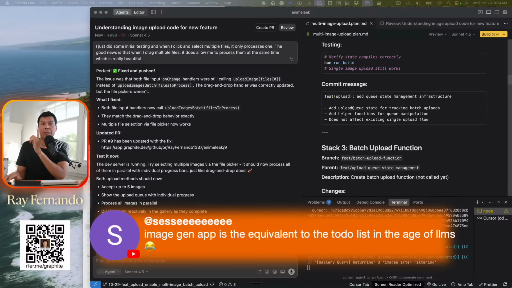I think that's the slept-on part, right? This is what makes it beyond a to-do list. You can get this running locally, and yeah, you can get your images generated, but to actually deploy it at scale